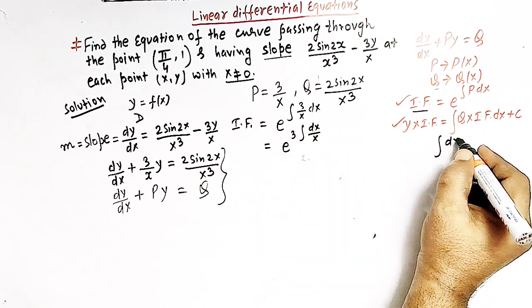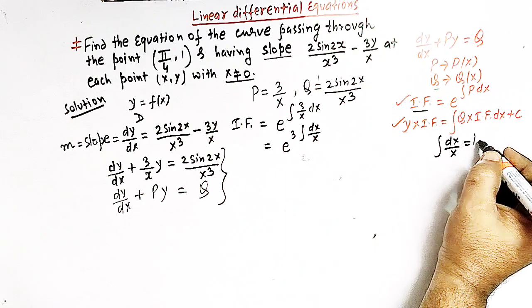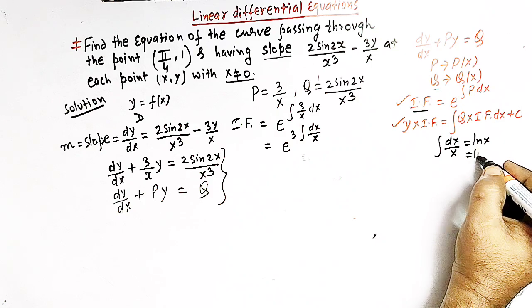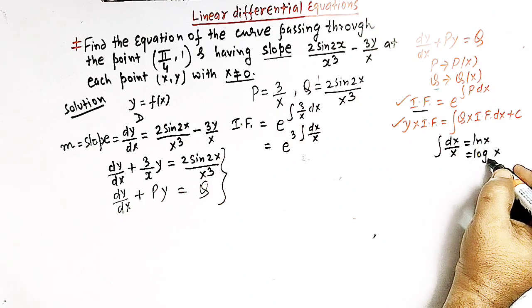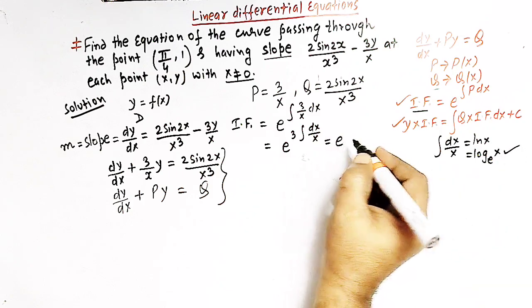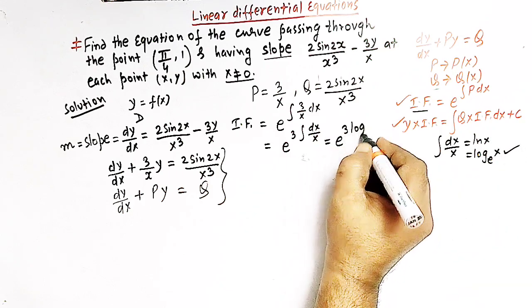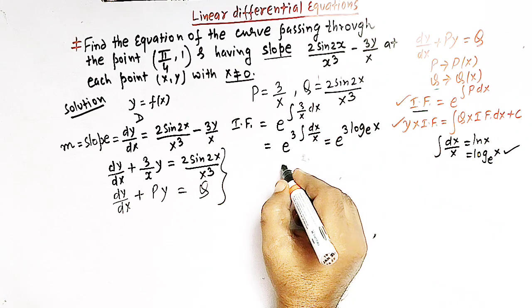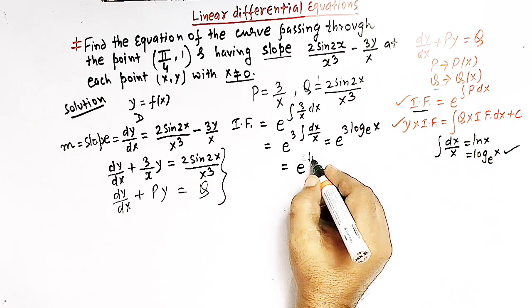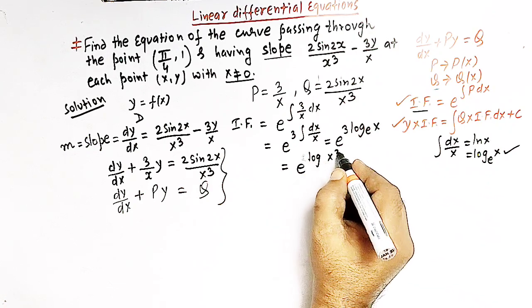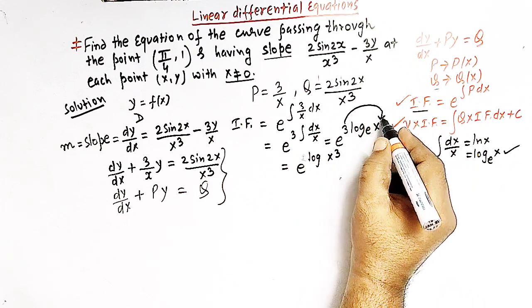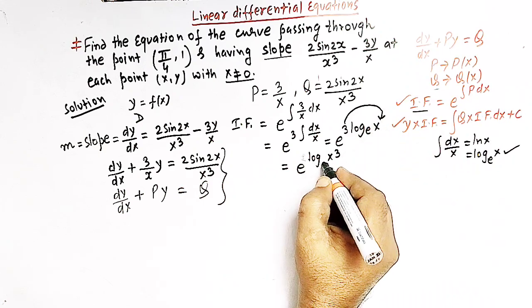Now the integral dx over x is simply the natural log of x, or we can also write it as the log of x to the base e, right? So we'll prefer this notation. So here we have e raised to 3 times log of x, right? So from the properties of logarithms, we can write e raised to log, and here we can write x cube. So taking this 3 to the power of x, or the exponent of x, and here we have the base